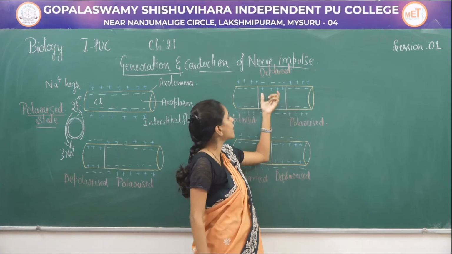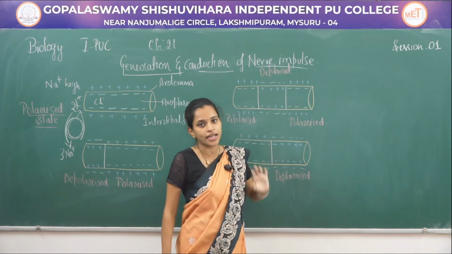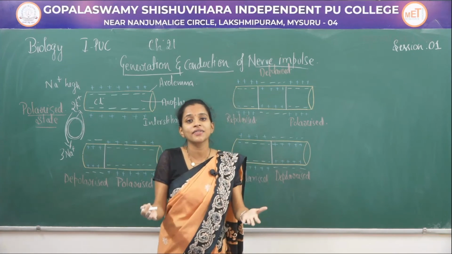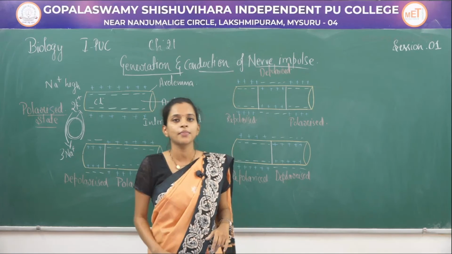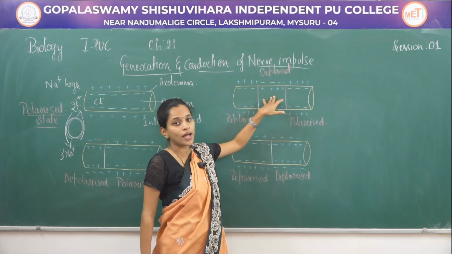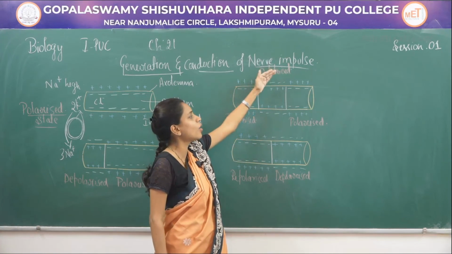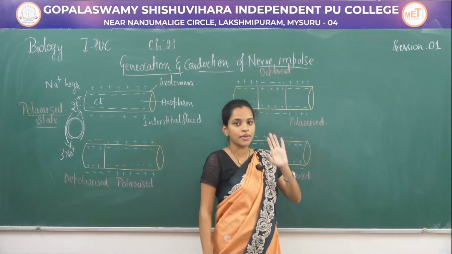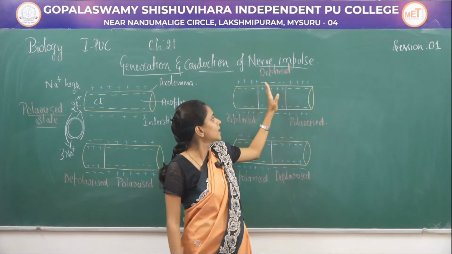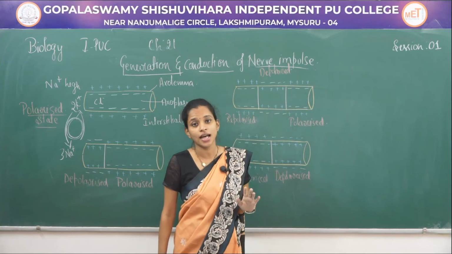So now the polarized part has become depolarized again, where again there will be activation of the sodium potassium pump, which leads to exchange of sodium and potassium, giving the axoplasm a positive charge and the outer region a negative charge. Next the last part will remain in the polarized state until this signal spreads to the last part.